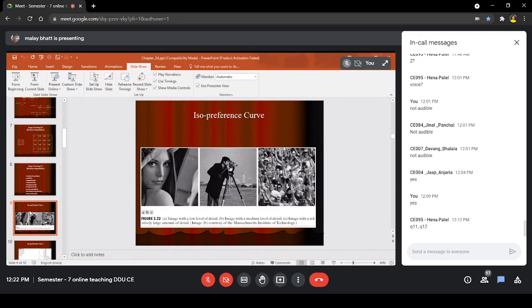Now when you go for this kind of image, and if you reduce the size of the image, or reduce the number of gray levels, you can hardly extract the information from it. If you reduce the size, you cannot recognize the face of a person because there are many faces in this picture.